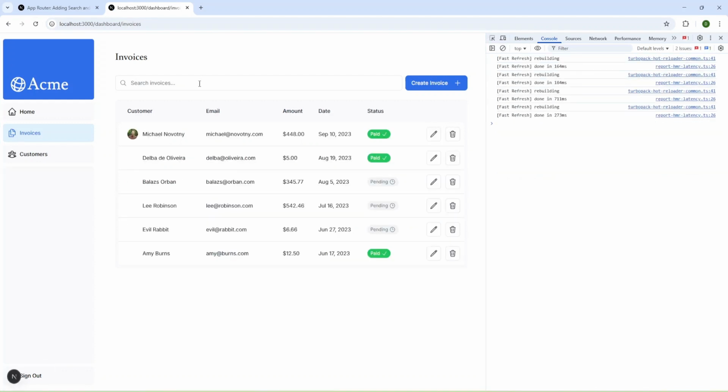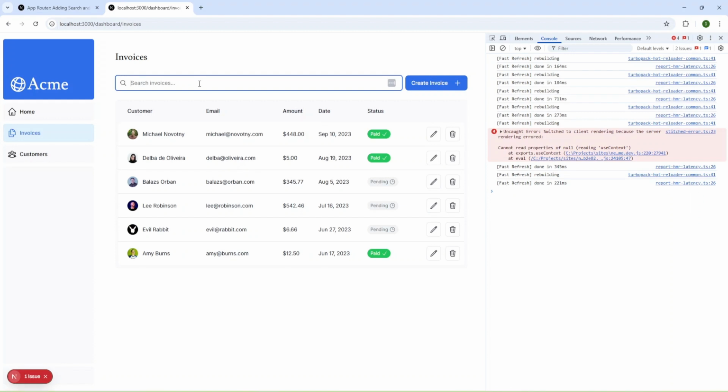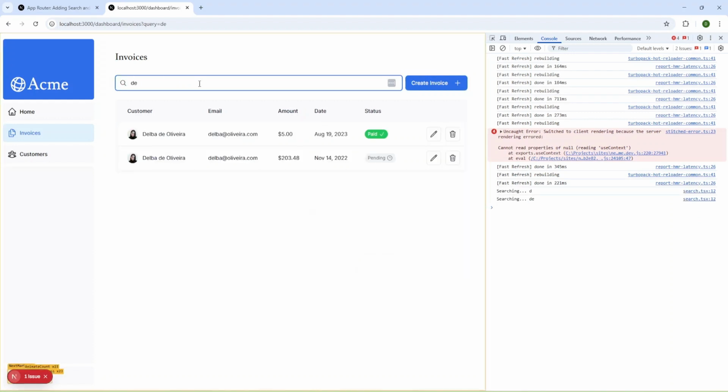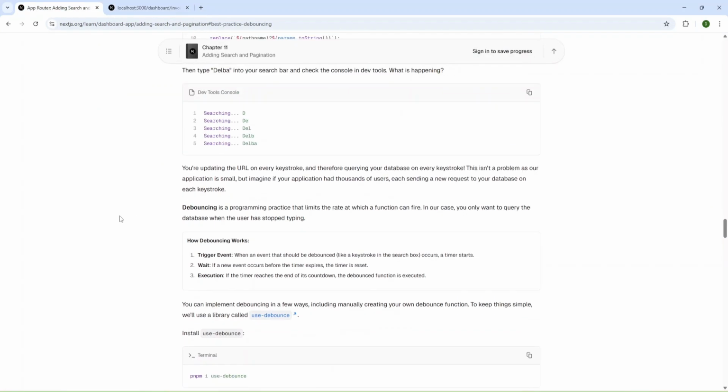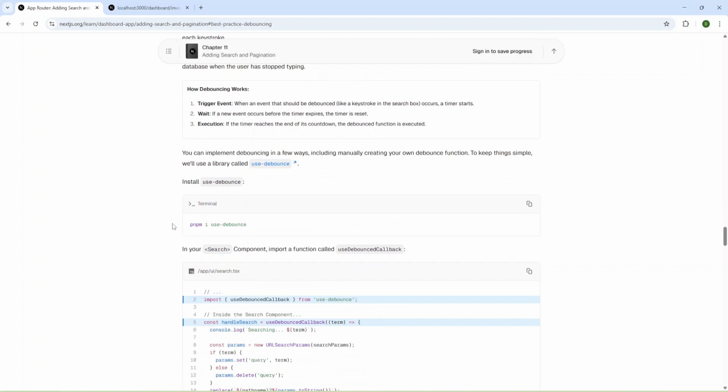And we can provide some values. Okay, and as you can see, we have searching, and for every value we have a console log, and they propose to add a library to debounce.